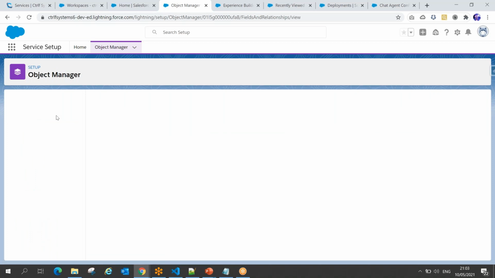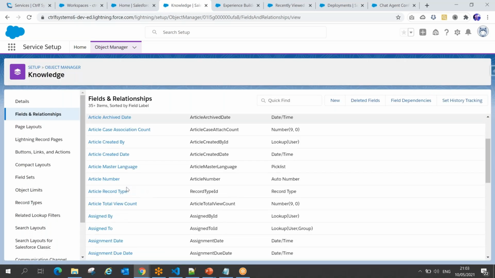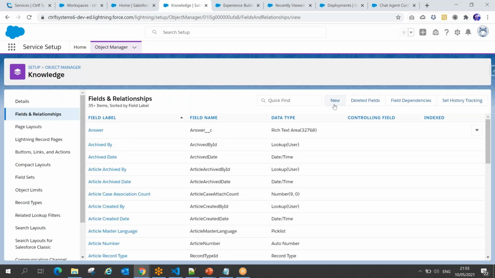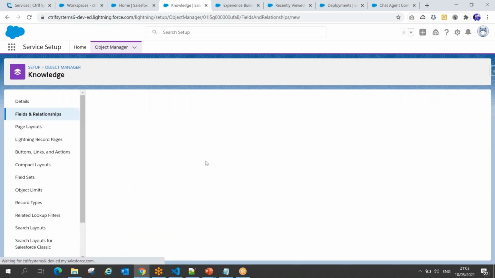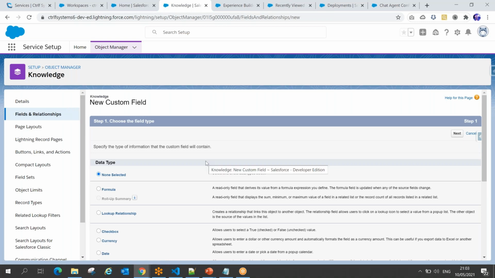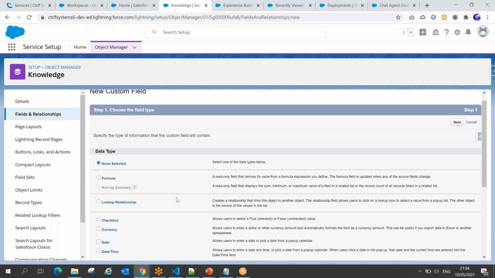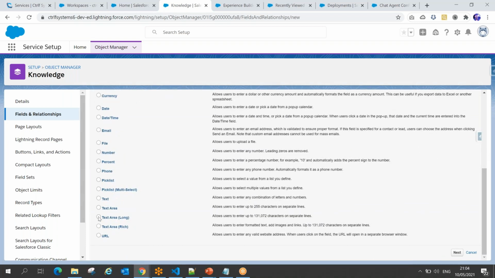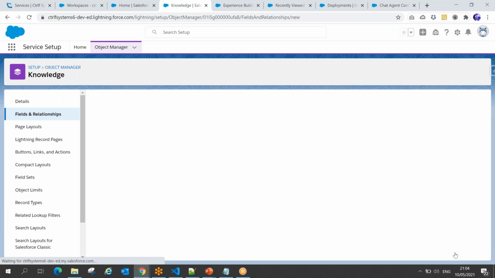And now let me create a field. These are the different fields we have. If you want to create a field, that also you can do. I can click create a new field of type text area long. Let's say I want one knowledge article: where are your office locations? I can put that as a knowledge article and I can give my answers. So instead of anybody posting that question in my live chat, they can see this kind of question on my site. So I can simply select text area long and give the field label